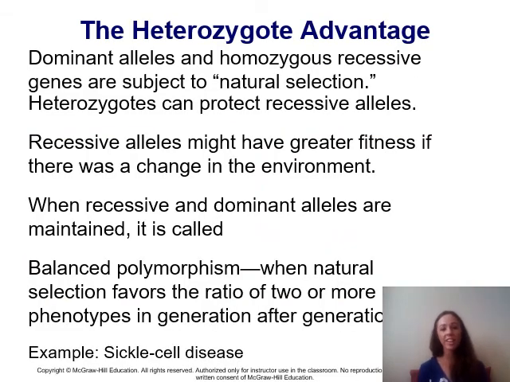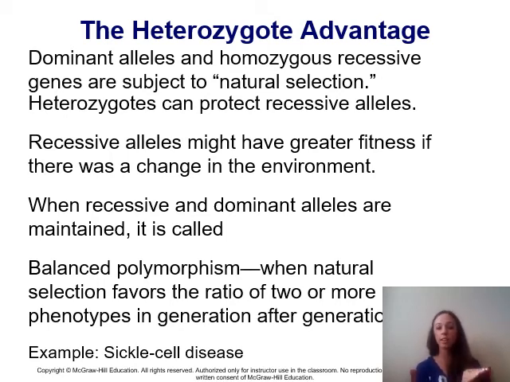The value of any one allele is going to be determined by the environment that that allele is found in. And so that's why it's really important for the recessive and dominant alleles to be maintained in an animal population so that the genetic diversity can stay high for an animal population. That way, if there was an environmental change that might, say, make a recessive allele more valuable than the dominant allele, then that recessive allele is still within the gene pool,